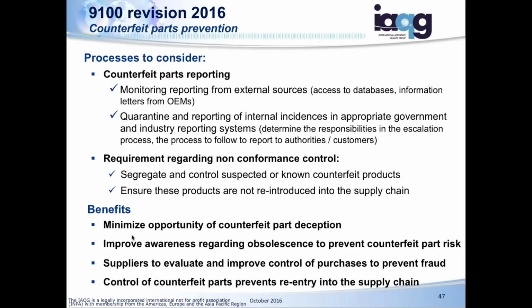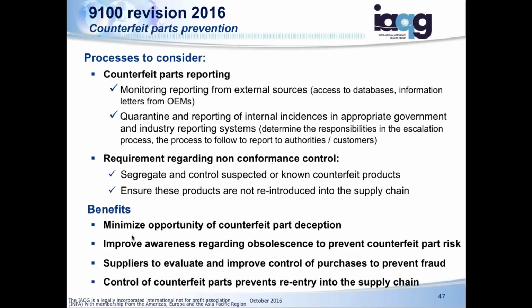Also, there are requirements within the scrap provision, where you treat counterfeit parts like you do scrap. You control it and render it unusable. We've had examples within our industry where we've had counterfeit parts, and what does the company do? They return it to the distributor. Well, guess what? That distributor, if they're not ethical, will just turn around and sell it to somebody else. We need to get these parts out of the supply chain, so we need to properly control them. And that's what the last bullet is regarding non-conforming material control.